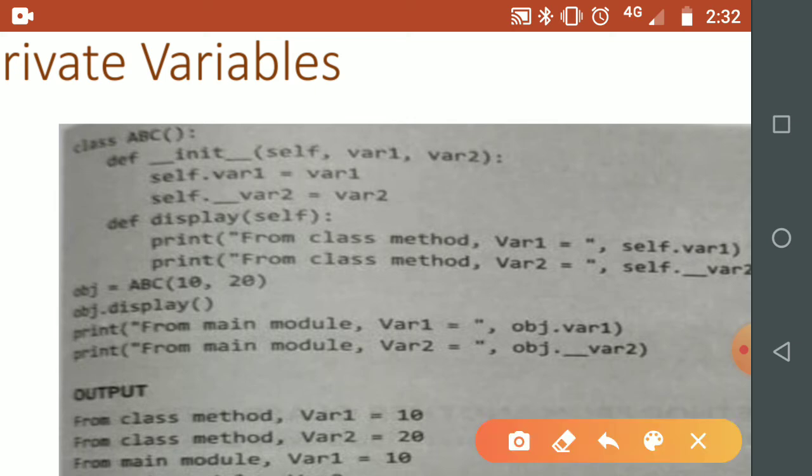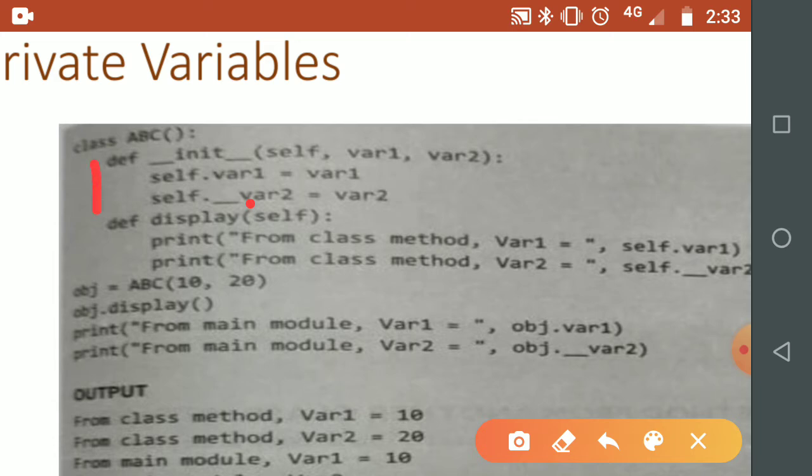We know the meaning of public and private. Already I told you, once again I will repeat. Public variables are those variables that are defined in the class. This var1 is defined in the class and can be accessed from anywhere in the program, so we can access this var1 anywhere in the program, of course using the dot operator. Now what is meant by private? Private variables are those variables that are defined in the class. This var2 is defined in the class, but with a double underscore as a prefix, and these variables can be accessed only from within the class. So this var2 is accessible only within the class.